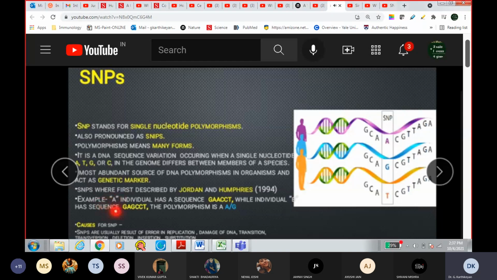Another example: individual A has the sequence GAACCT, while individual B has the sequence GAGCCT. So the polymorphism is A/G. Causes for SNPs can be errors in replication, damage of DNA, transition, transversion, deletion, insertion, and